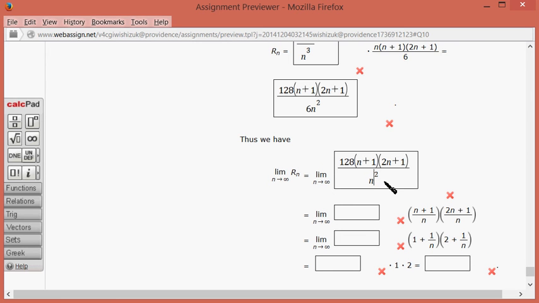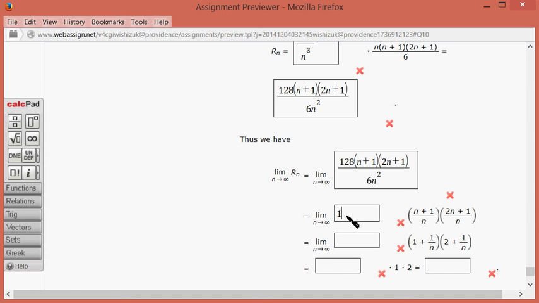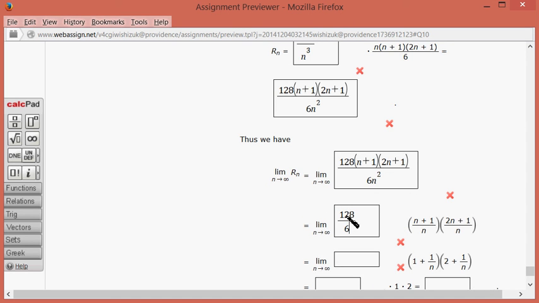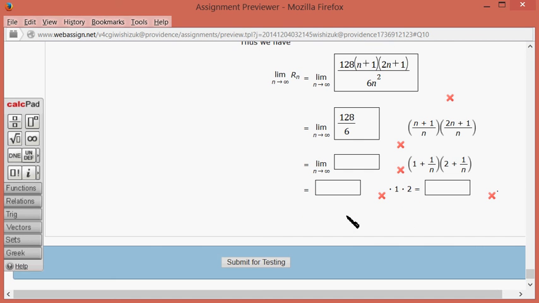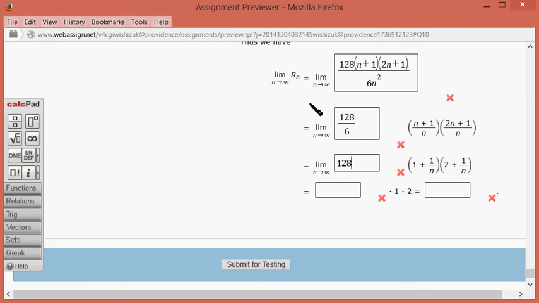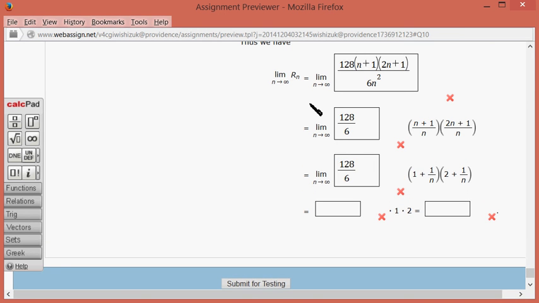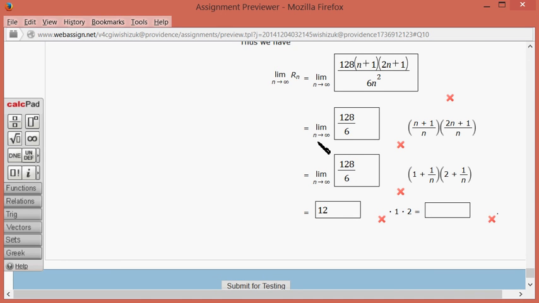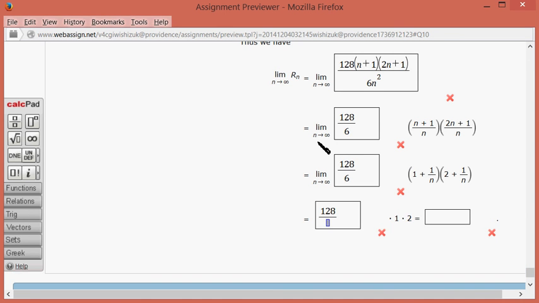Oh, I didn't put 6n squared. And this can be simplified as 128 over 6. And then you just rewrite this 128 over 6, and then same thing, 128 over 6 times,